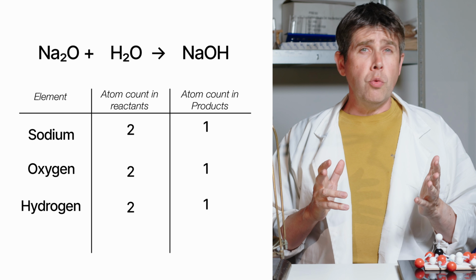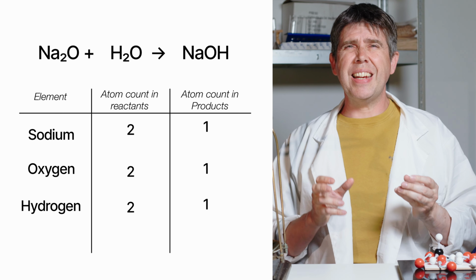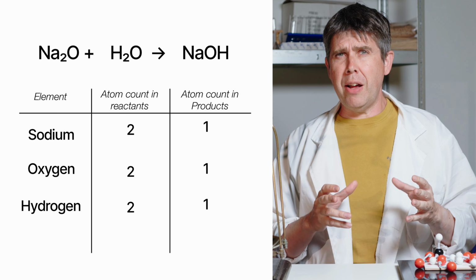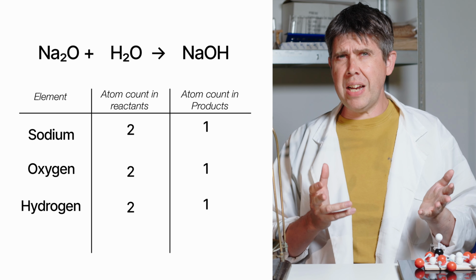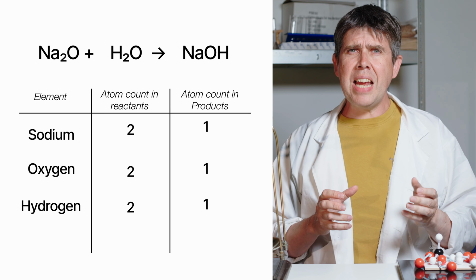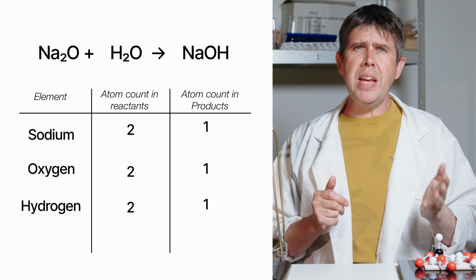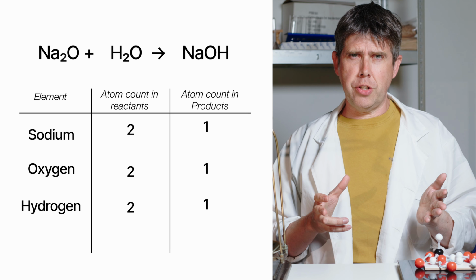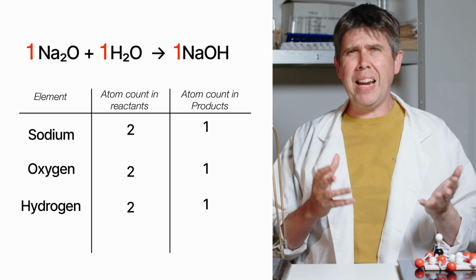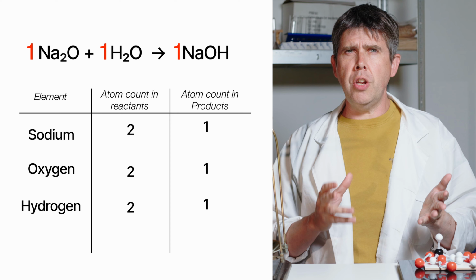Now we get into the only real rule of this process. The chemical formulae of each of the substances cannot be changed. They are controlled and locked down by the reaction and the chemistry of the component atoms. So we can't change them at all. What we can change is how many units of the substance we make or use. And we show this by adding what we call coefficients in front of the formula of each substance. These coefficients, or balancing numbers, tell us how many units of that particular chemical we're going to use or make